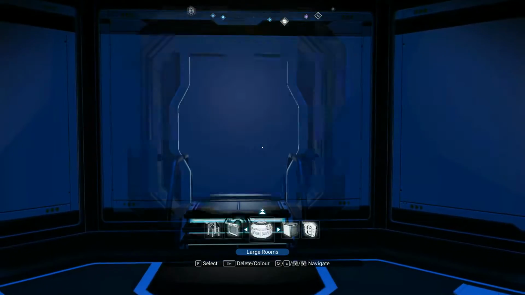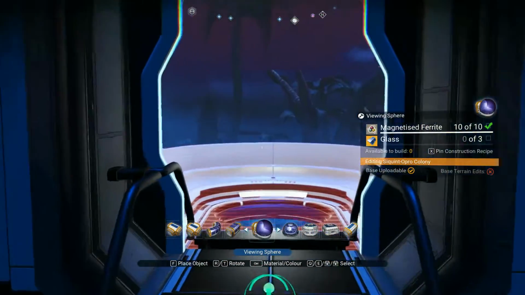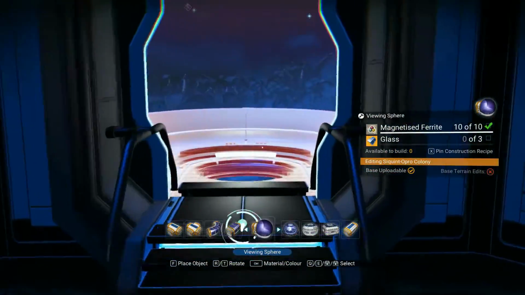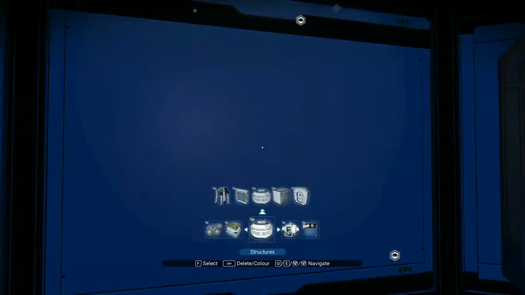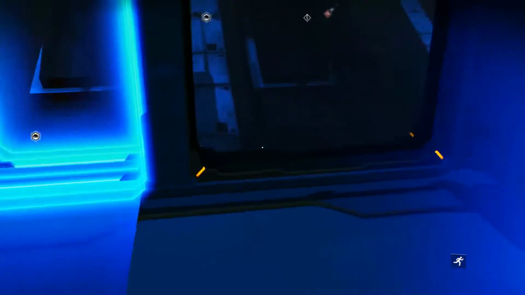Alright, so now what we're doing in here is we're going to at some point put a viewing sphere here for watching the race start, whenever we figure out the best way to face the race. I know we have some glass we can summon from...